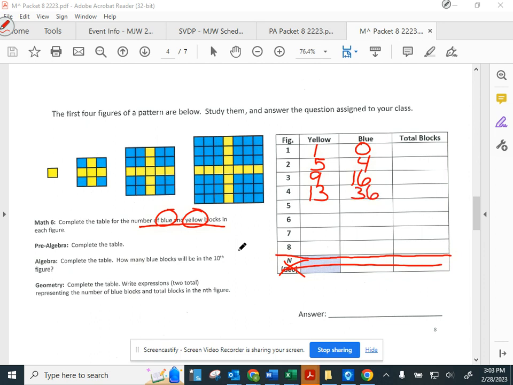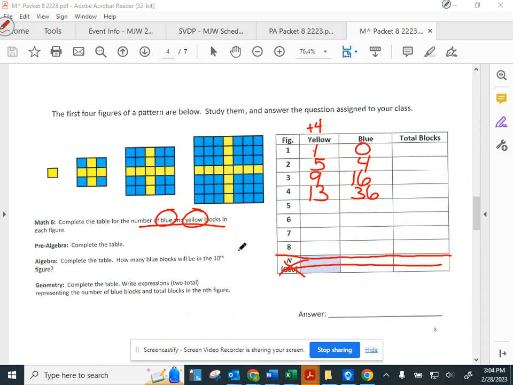So I need to try to figure out what the pattern is to complete this table. If I look at my yellows, I can see we go from 1 to 5, 5 to 9, 9 to 13, and I see that we are increasing each time by adding 4. When I look at my blues,